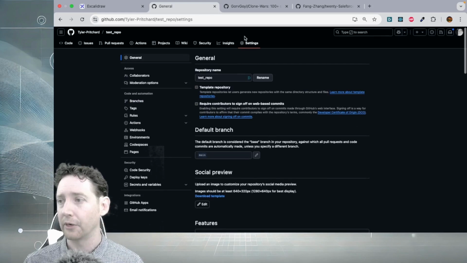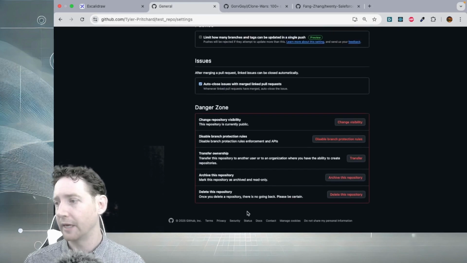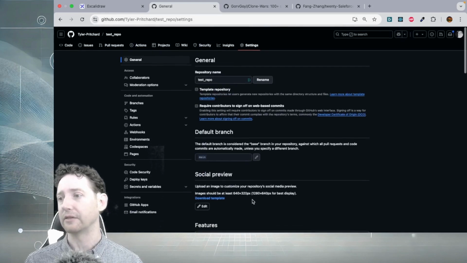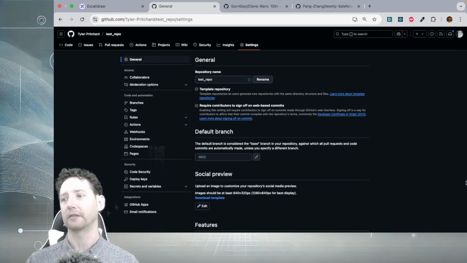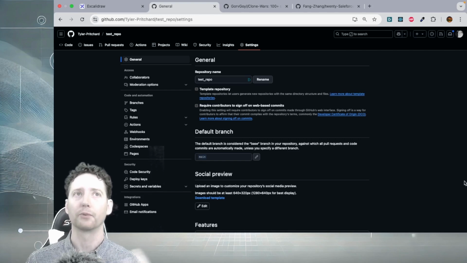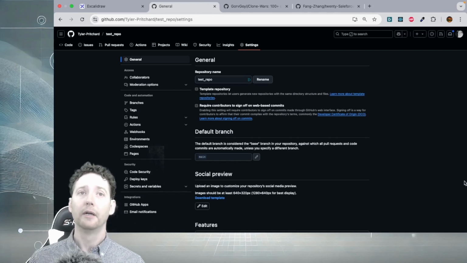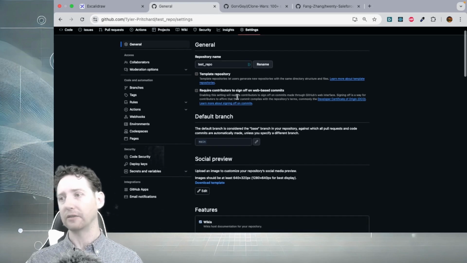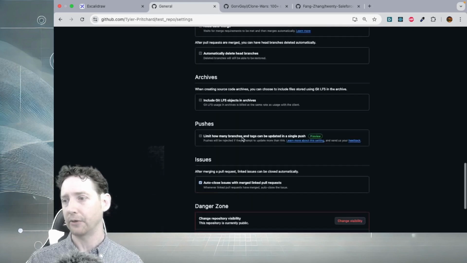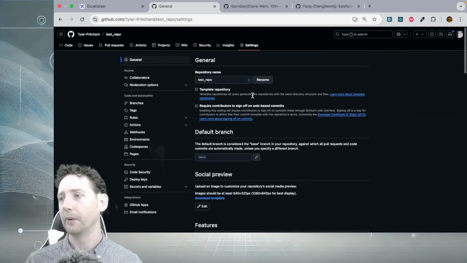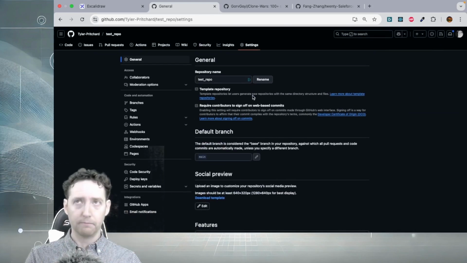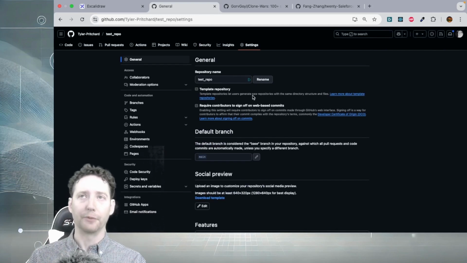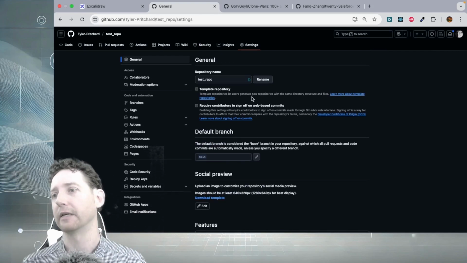But if for some reason it doesn't work out, you could always jump into settings. You can delete the repository and start over again. I would not advise this if you've made multiple commits on a project. If that's the case, then it's worth your while to debug it and figure out what you need to do, if you need to run a git reset, whatever needs to happen. But if you're just setting up the repo and something goes wrong, don't panic. You could always just jump in, delete the repo, and then go through those steps that we went through to create the repo and push everything up to GitHub.